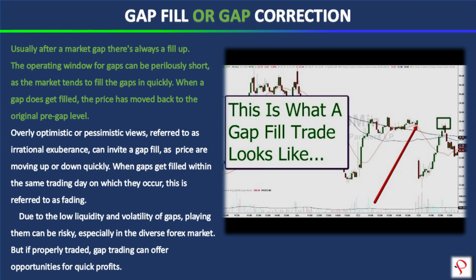So usually in Forex trading, there's what we call gap fill or gap correction. After a market gap, there is always a fill up. The operating window for gaps can be perilously short as the market tends to fill the gaps in quickly. So when a gap does get filled, the price has moved back to the original pre-gap level. Overly optimistic or pessimistic views, referred to as irrational exuberance, can invite a gap fill as prices are moving up